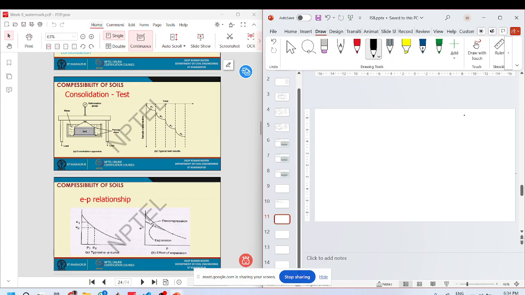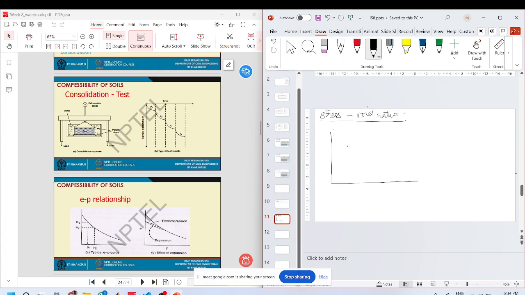So by this test, what we want to do is calculate the stress versus void ratio relationship. And what we do then,